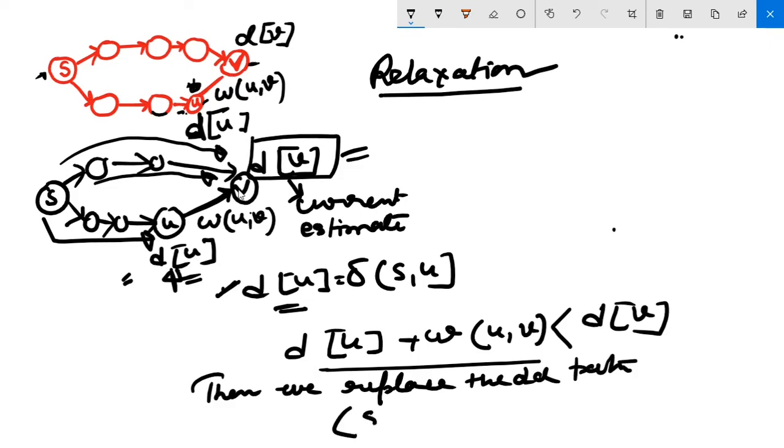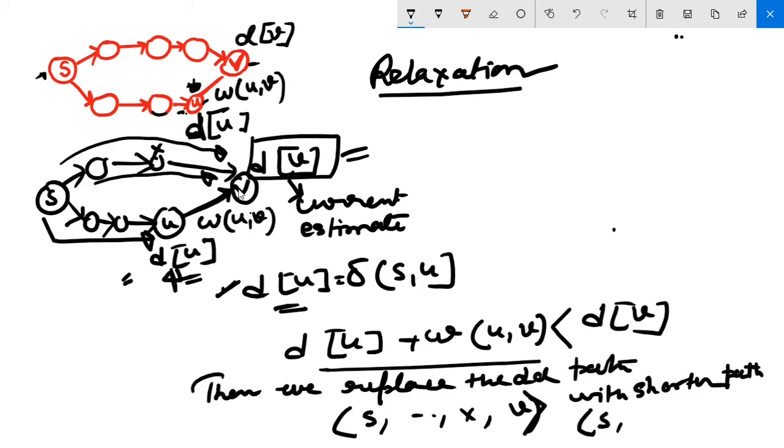That is s to, let us say, x and then v. This is, let us say, x that we earlier explored. This path, we will be replacing this path with the new shorter path, s to u comma v. Okay, hence we update,